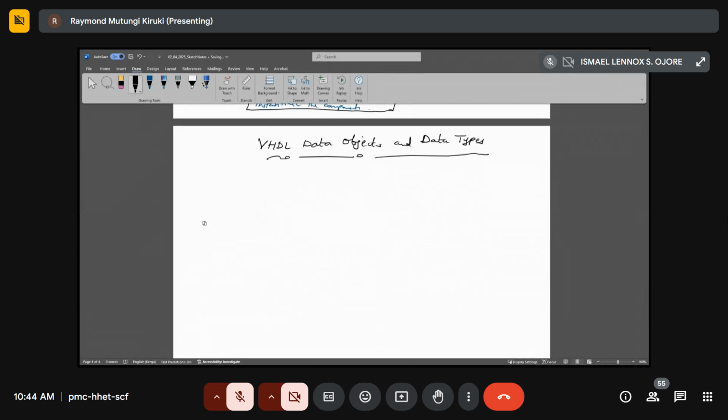So we start with the data objects, and because of time, we really try to rush through this. All this is information that you can easily look up and get more from it. So we are advised to actually do that. But we can note that